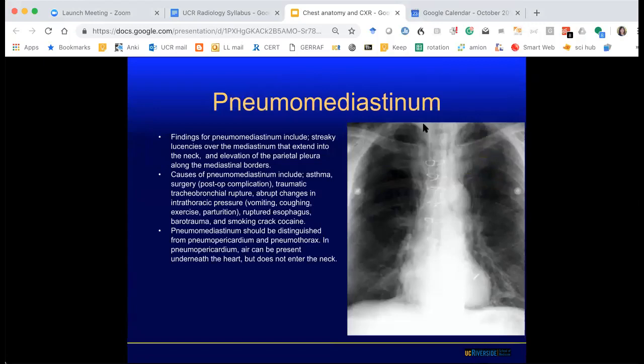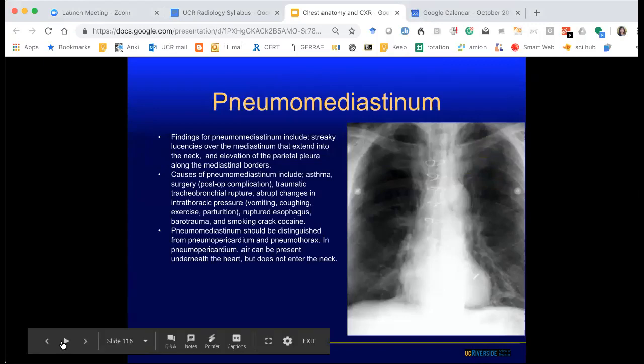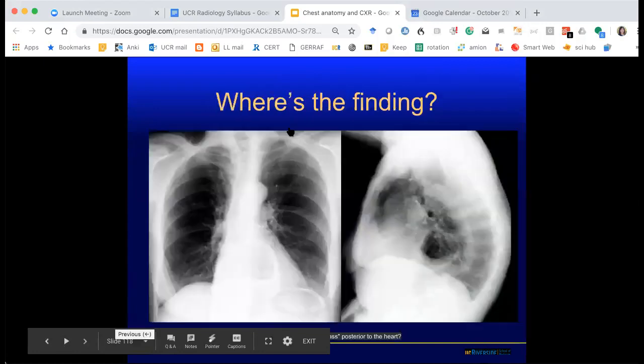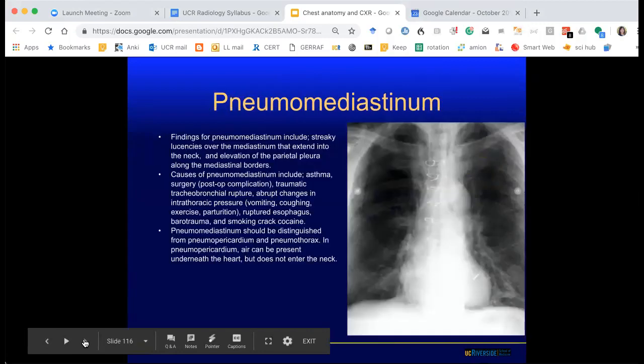There are these lines, right? These lucent lines. This is what we typically see in the setting of pneumomediastinum. And that could be from a lot of different causes. Here we see a chest radiograph, or chest CT. So you see air in the soft tissues in the mediastinum. And so it could be from esophageal